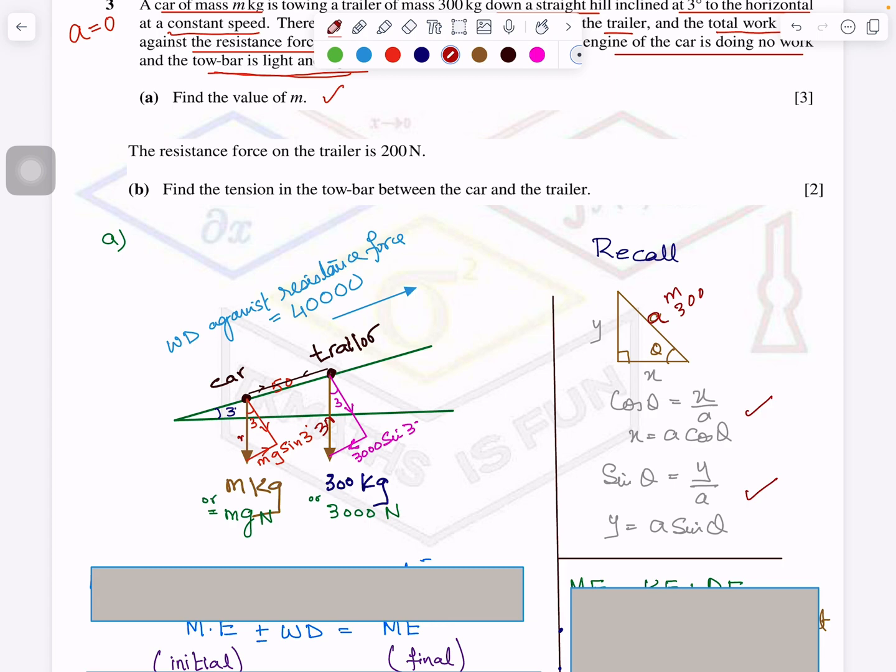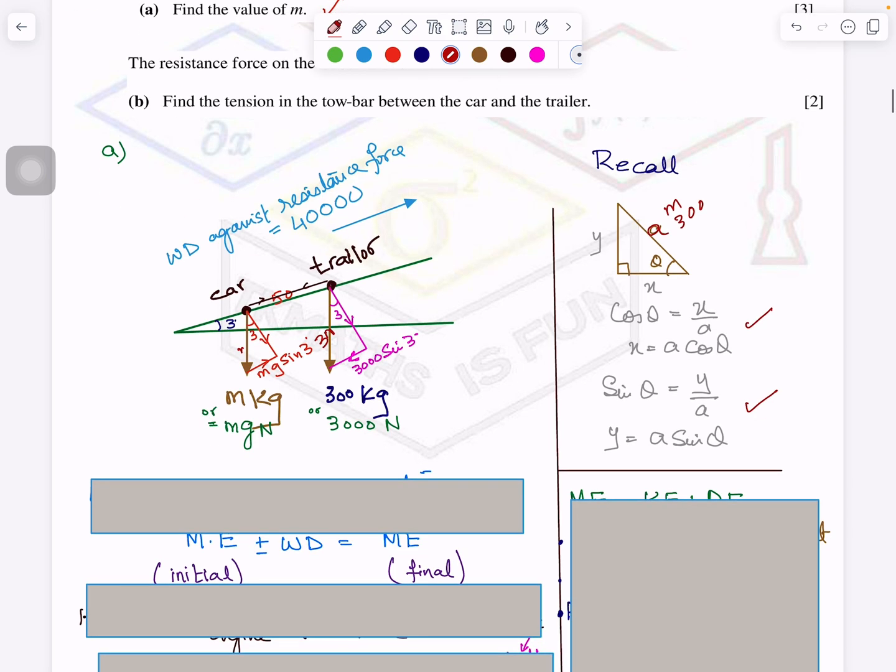I am using the energy method. I have solved part 2 by 2 methods, and I will explain both the methods. One is the energy method and the other is Newton's second law of motion, using the constant acceleration method. Okay, now if you see here,